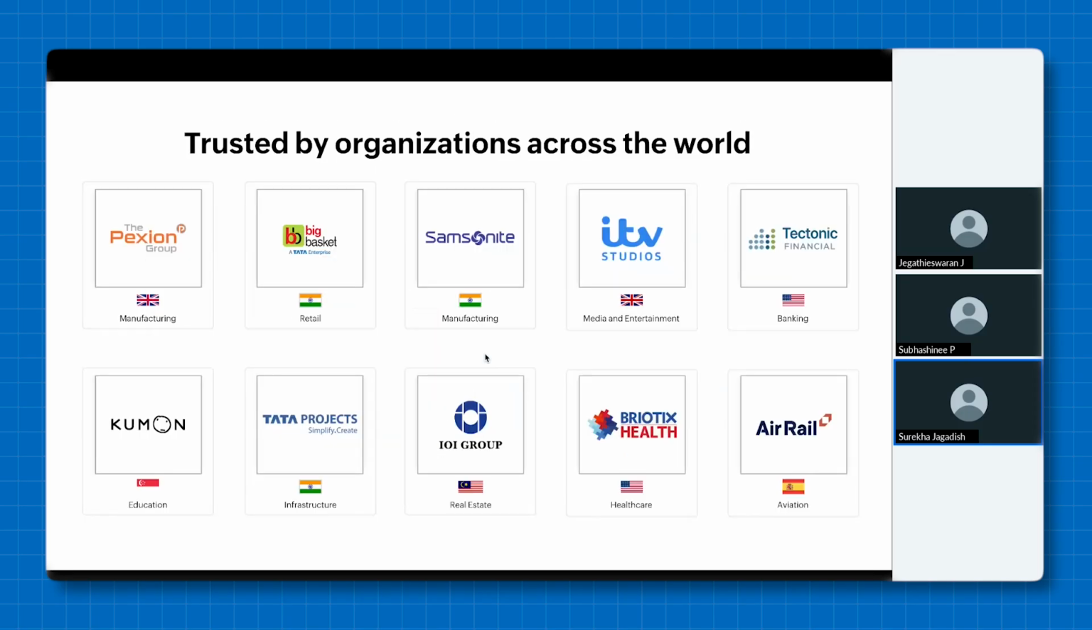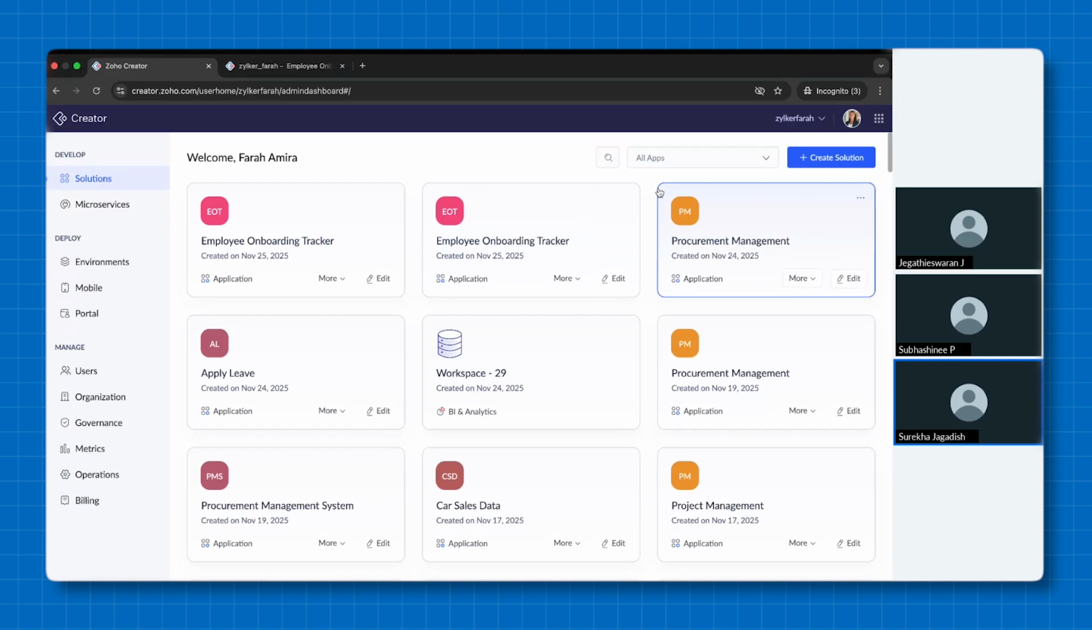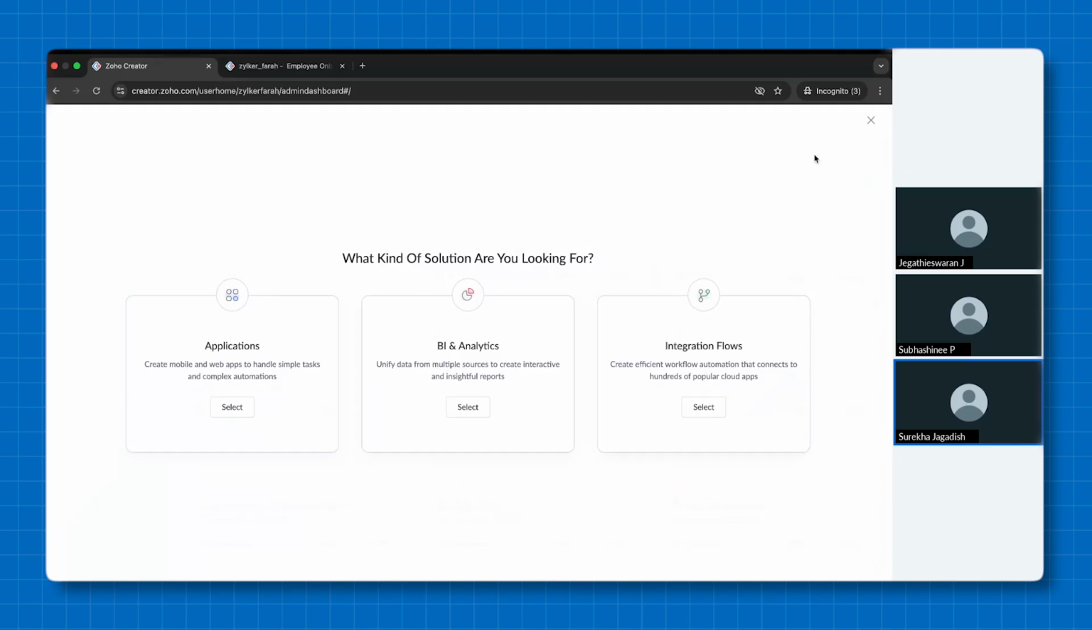These are a couple of organizations across the world who use Zoho Creator to build custom applications for their business needs. I'll quickly take you through how you can build an application on Zoho Creator along with the interface that we can show you. So this is how the Zoho Creator interface looks. I'm just going to show you how you can create your own solution. With Zoho Creator, you can build your own applications. You can also